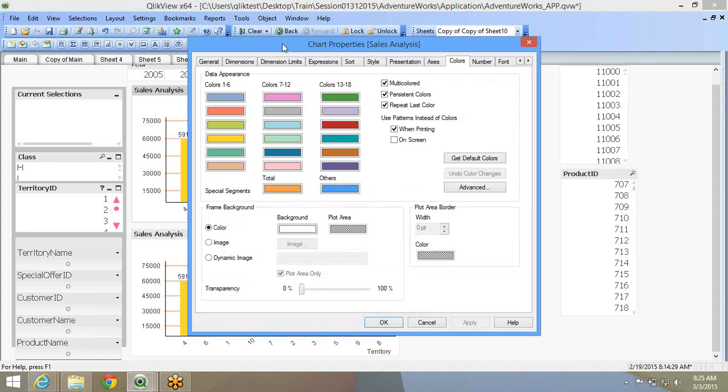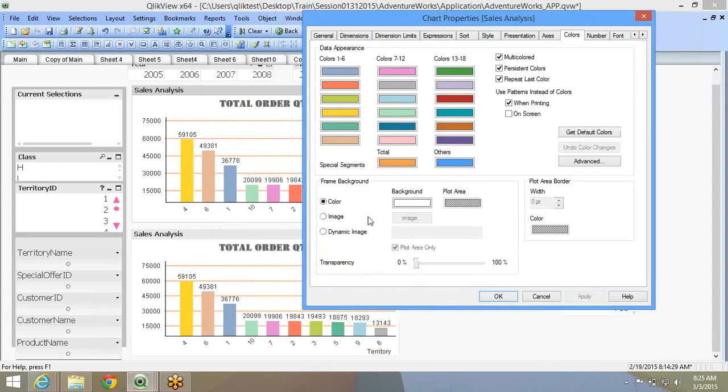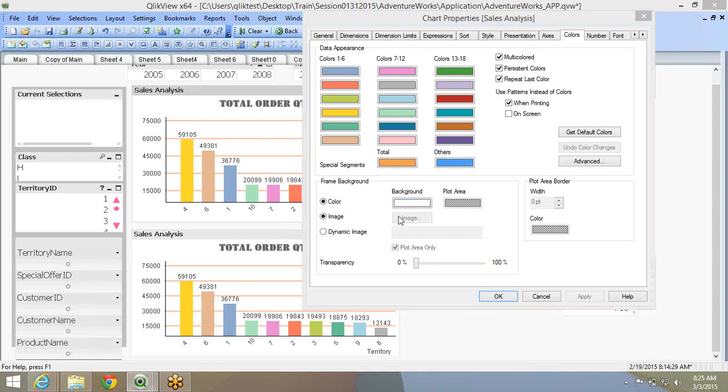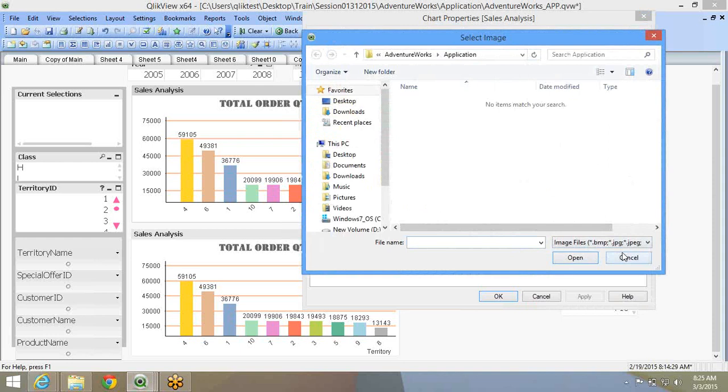Along with this, there's the background. Now background is two or three things. One is color. So you can choose a color and you can choose the plot area color. Image, if you have an image, you can